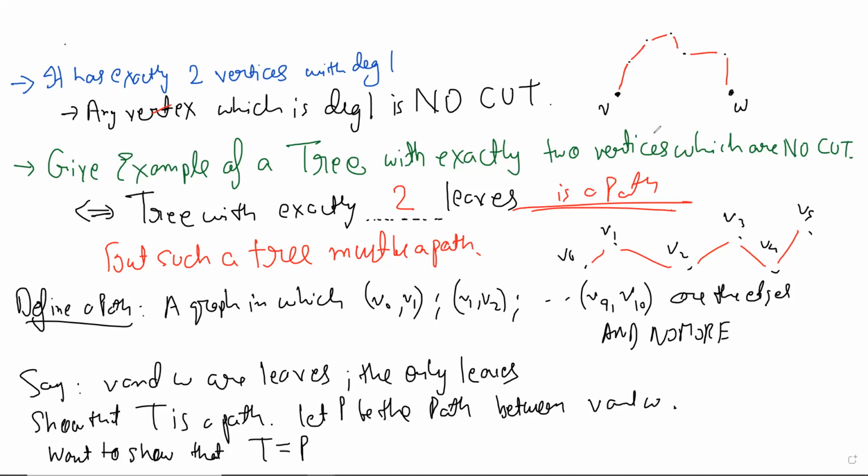But you see, you want to show that this is the tree. If this is not the tree, then there is some other vertex, just for the sake of contradiction. Basically, that's our intuition, right? That if there is some other vertex outside this path, it is going to create a problem. How will it create a problem? Well, if there is some other z outside, then